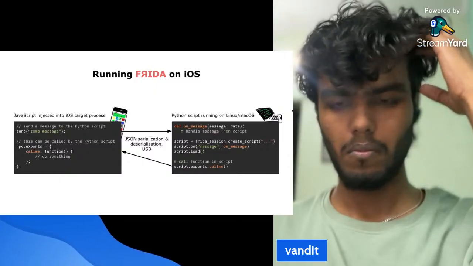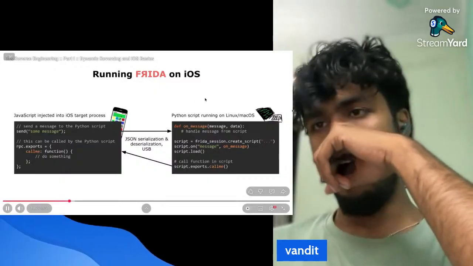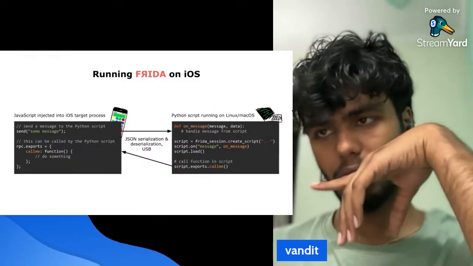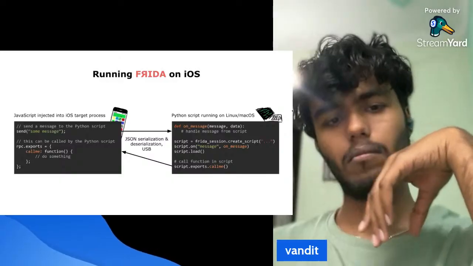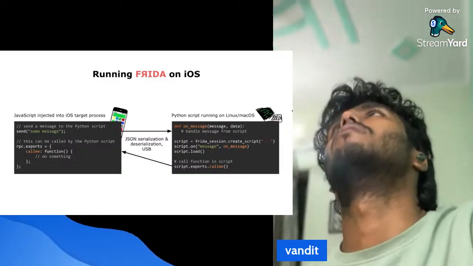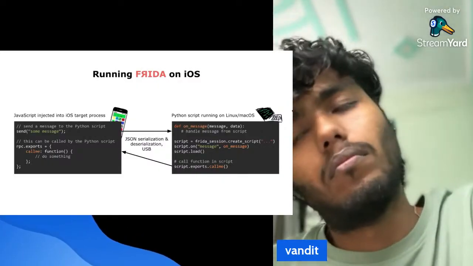And then on the iOS target process, there will be some magic, and then there will be code that actually runs on iOS within the process. That means within the smartphone application to swap out the certificate, or within the Bluetooth daemon to change messages sent and received by the Bluetooth daemon. So there's a ton of applications. You need to keep in mind